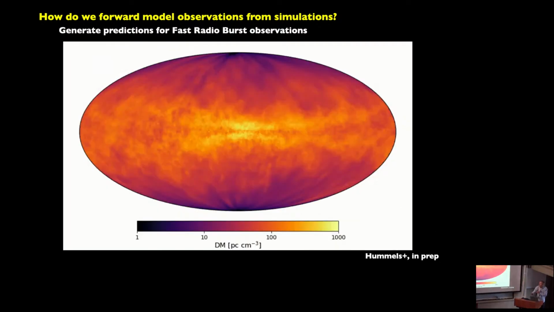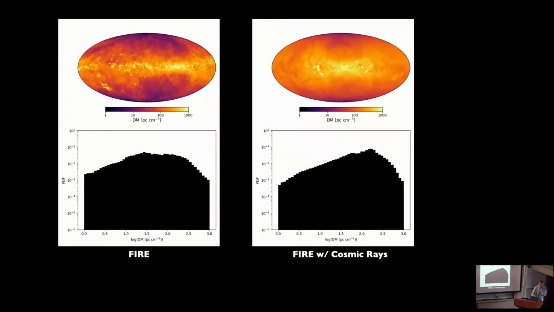And then we can make all-sky views from the contribution of the dispersion measure from our own Milky Way galaxy if we place ourselves inside of a simulation. So this is just one iteration of that from the FIRE simulations. But really the benefit of this, and I know Liam had a paper related to this that came out last week, is that it allows us to probe different